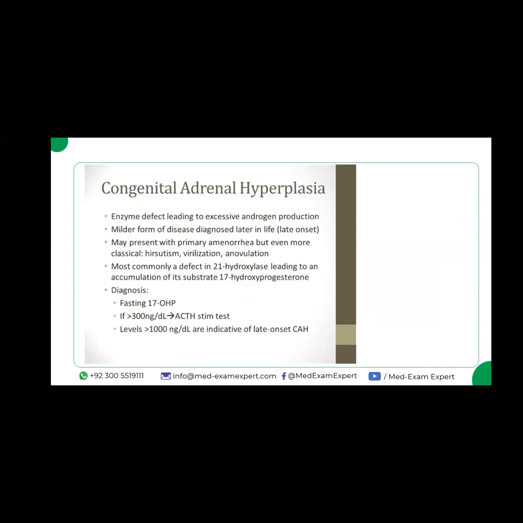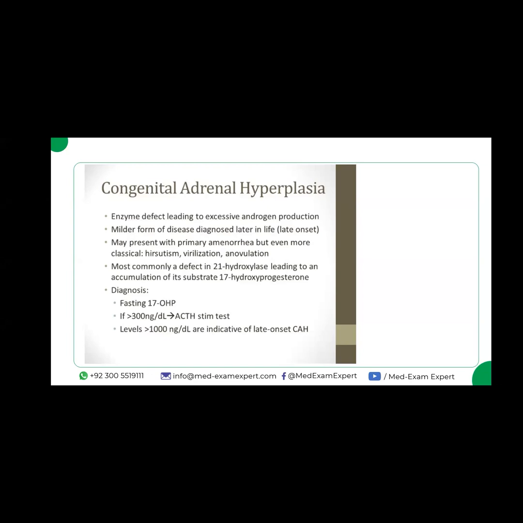Now coming towards congenital adrenal hyperplasia, this is also another important cause of amenorrhea in the patient. There is an enzyme defect which leads to excessive androgen production. Milder forms of the disease are diagnosed later in life, that is the late onset congenital adrenal hyperplasia. It may present with primary amenorrhea, but classically the patient has the features of hirsutism, virilization, as well as